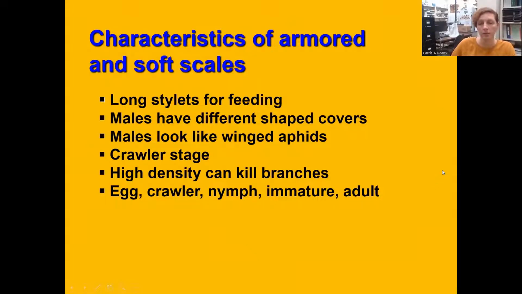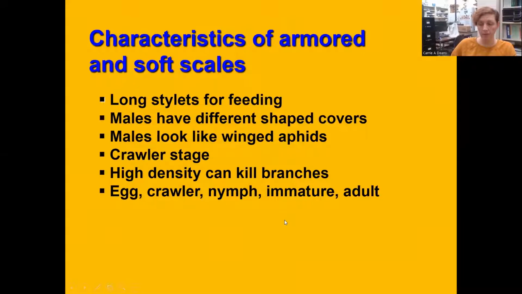They can kill certain parts of the plant, such as branches or leaves, and we'll see some slides that show the damage later. Again, eggs are typically laid underneath the female's covering where they hatch out and become crawlers. They can disperse, and then they tend to go through one or two more nymphal instars before they become adults,